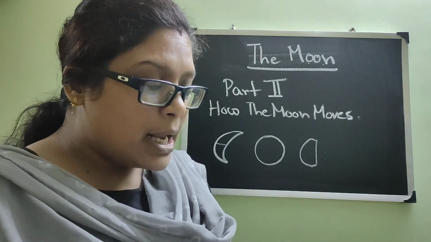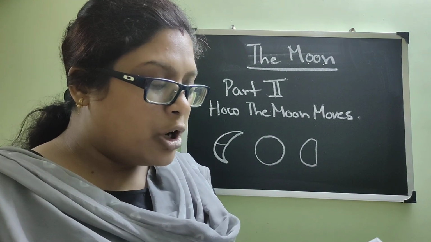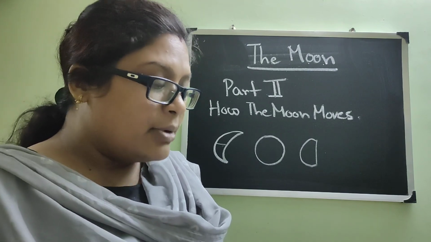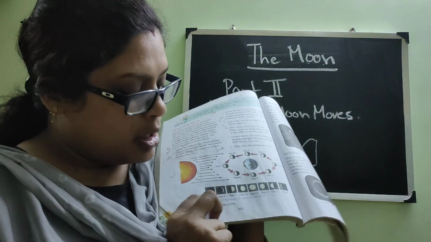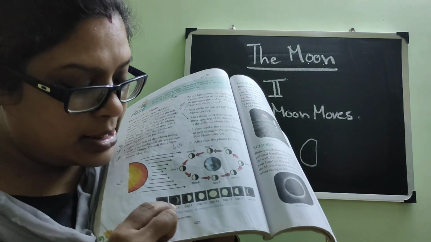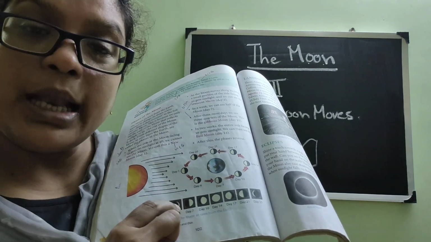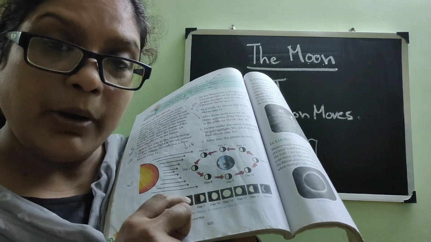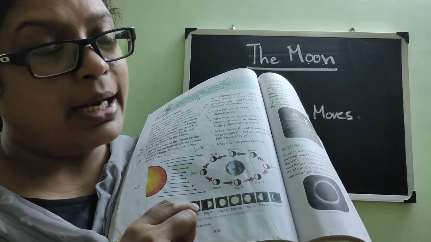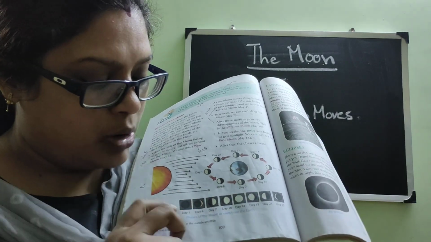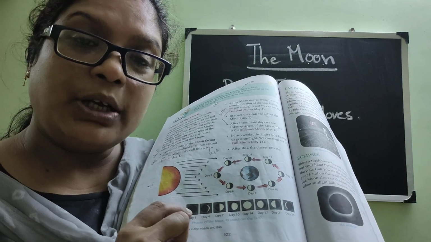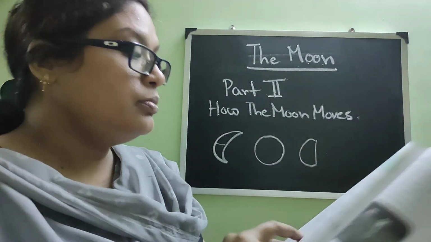As the moon moves along its orbit, a small portion of the side facing us gets sunlight and we can see the crescent moon. Please see in the book, the fourth day. See the picture here: the part which is lightened is the part we are able to see, that means sunlight is falling only on this part, and due to that we are able to see the moon. And day 1 is totally black because none of the sunlight is reflected from the moon.